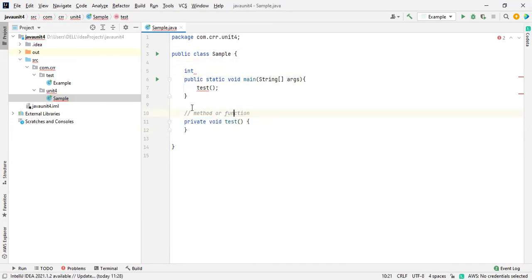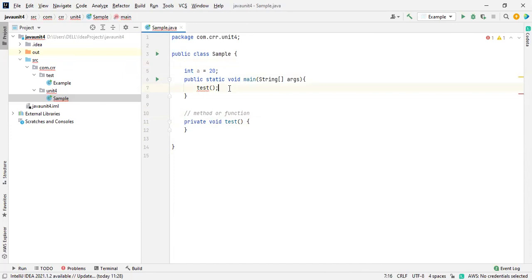So this is a method or a function according to C language. This is a function. According to Java, this is a method. And I'm going to declare a variable like int a equals 20. This is the declaration as well as the initialization. Okay. So this is not static and this is not static. I want to access it from the static method without using static. How are you going to do that?